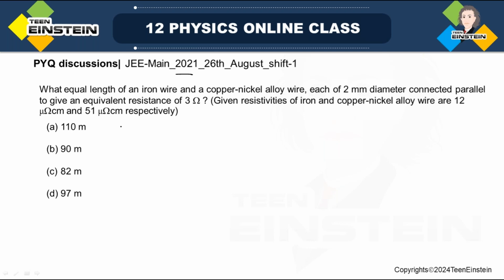So the first question says, what equal length of an iron wire and a copper nickel alloy wire, each of 2 mm diameter, connected in parallel, give an equivalent resistance of 3 ohm? So this is a very simple question